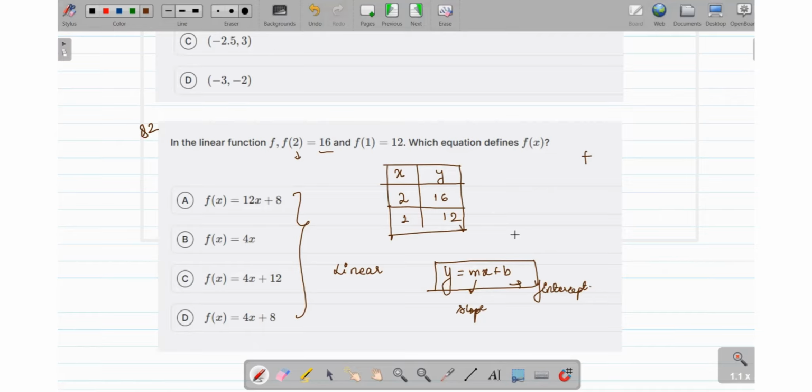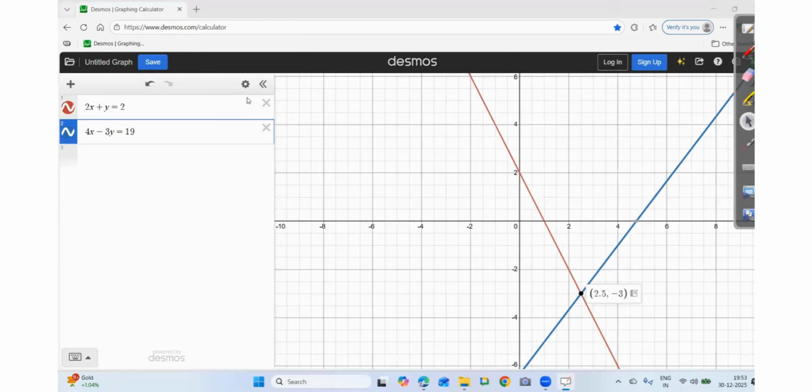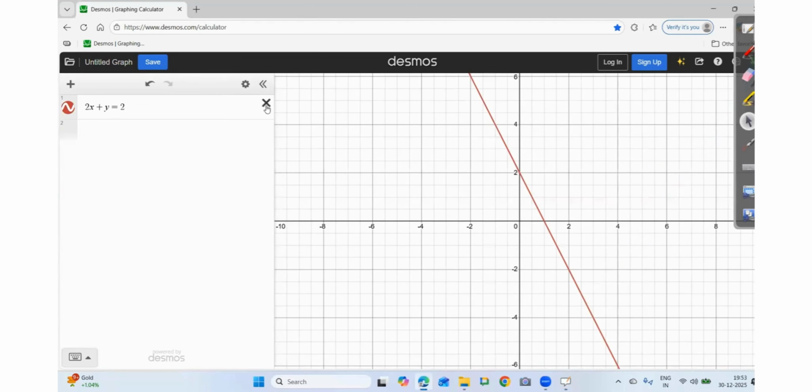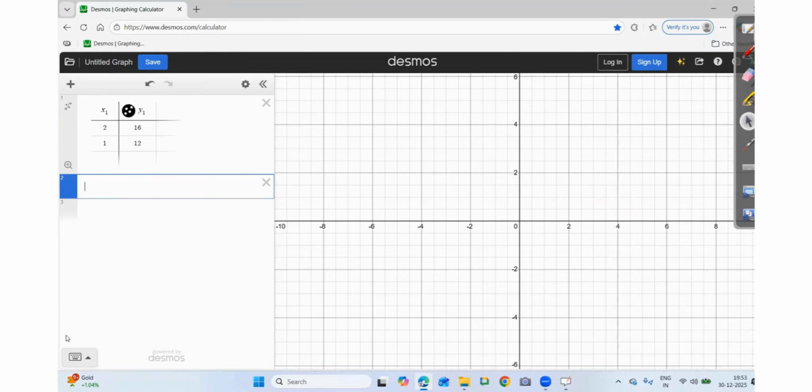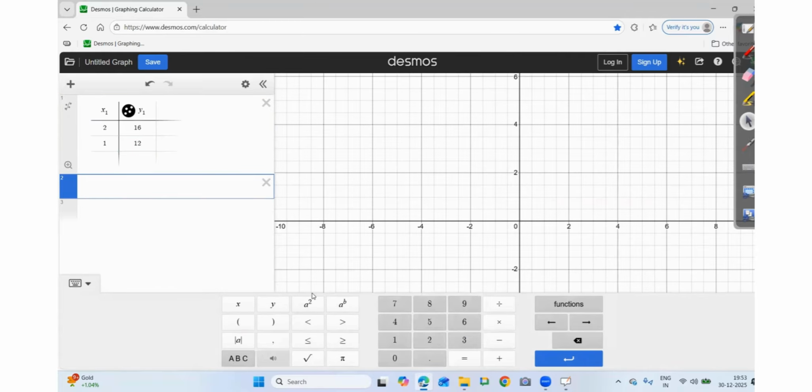Now, one thing you need to keep in mind: you need to replace x with x1, y with y1, and the equal to sign with the equivalent sign. This equal to sign with this equivalent sign. Now, let's try to find out the equation. You need to click on this plus icon, go to table, and import the 2 points, which were 2, comma 16, 1, comma 12. In the next step, you will import y is equal to